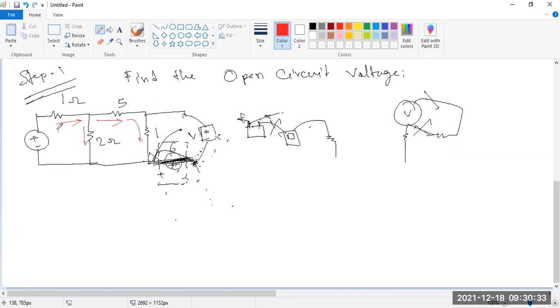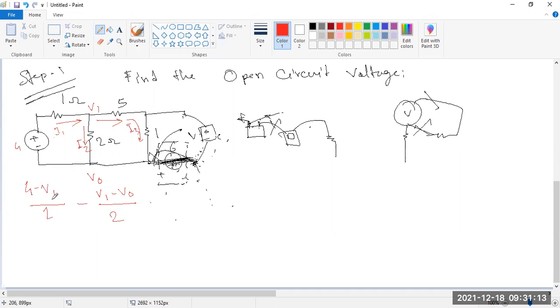So this is I1, this is I2, and this is I3. Look, I3 is overall 5 and 1. So we can write the equation. This is 4. So 4 minus V1, we assume this is V1, that is V0. Okay. So 4 minus V1 divided by this 1 ohm, minus these things. Say this is V1 minus V1 by Vg minus V0 plus this 2 I2.